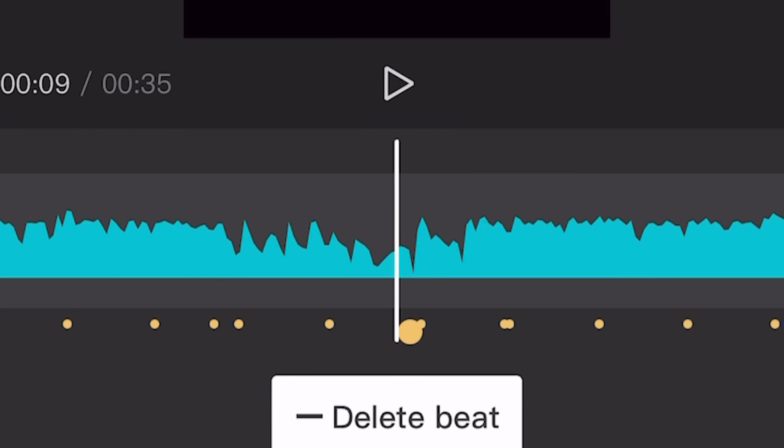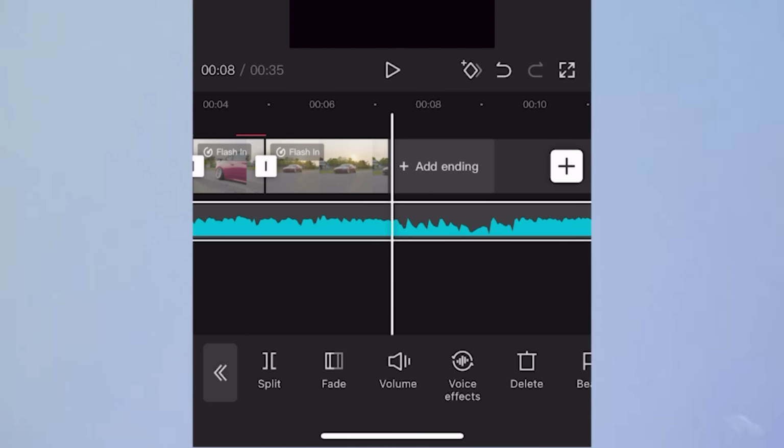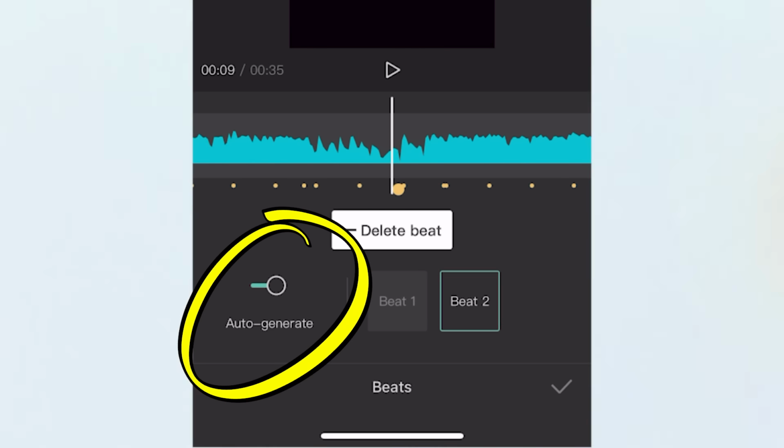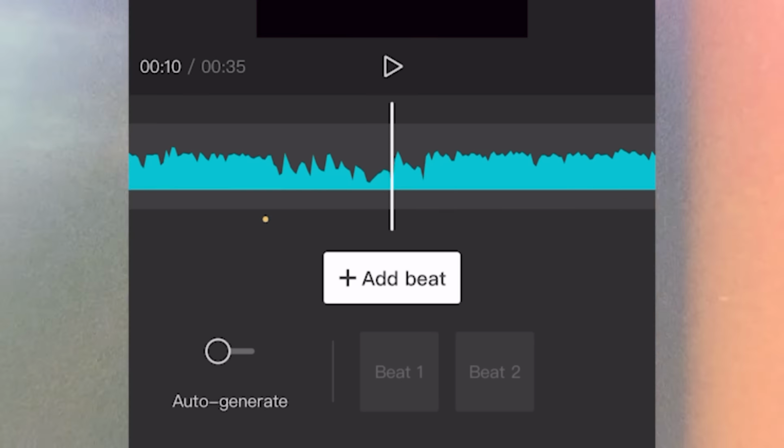Now the second effect we're going to do that's super easy is adding shakes to the beat. All we have to do is firstly mark up the points on the beat. Now we can do this by clicking on the song and going to where it says beats. And you can click the auto-generated, which AI generates the beats for you, or you can do it manually by